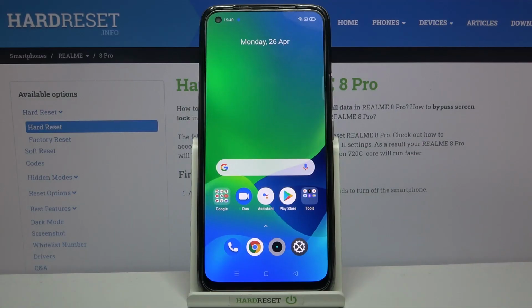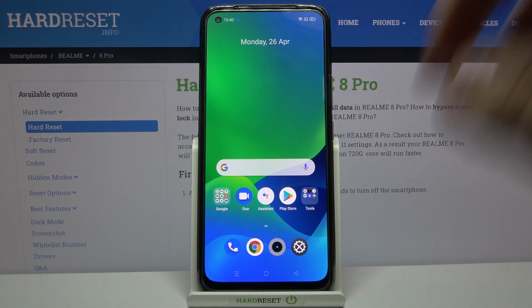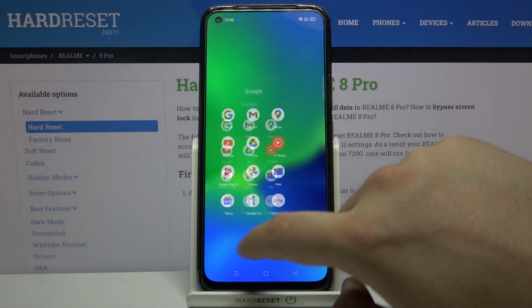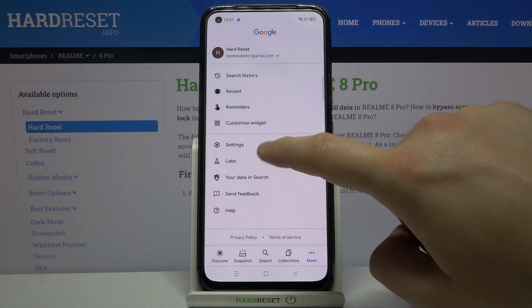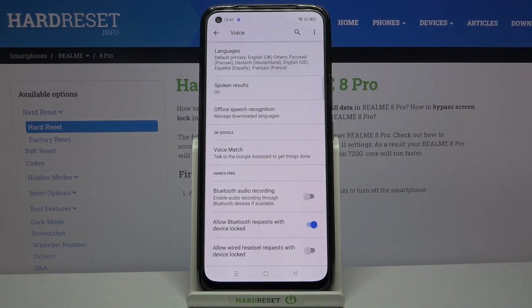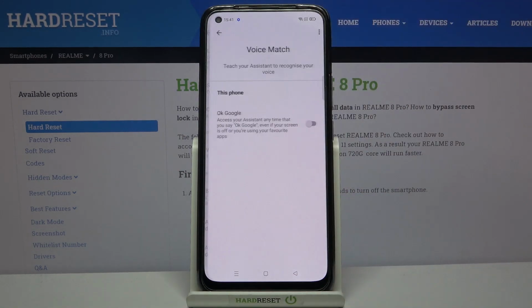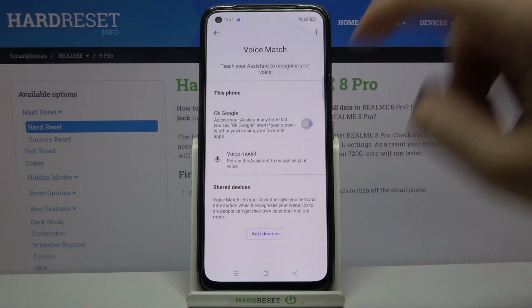Welcome. In front of me I have Realme 8 Pro, and today I will show you how you can activate Hey Google. At first you have to go to the Google folder and find the Google app. Next you have to go to More, tap on Settings, click on Voice, and then simply find Voice Match. And when you are here you have to simply tap on the switcher,